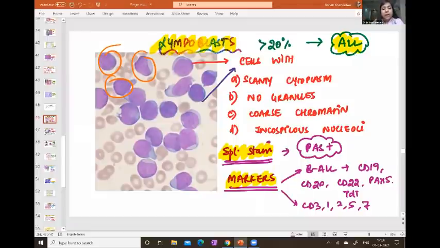In this image, can you appreciate that there are cells? Now, these cells have got scanty cytoplasm. There are no granules which are seen in the cytoplasm. I can't see any granules. The chromatin which I see is very, very coarse, bluish in color. And there are no prominent nucleoli. Even if there are nucleoli, there can be one or two nucleoli, right? Which are okay, which are fine, right? So when you see such an abnormal large cell, I make a diagnosis that this is a lymphoblast, right? I'll tell you how to differentiate it from a myeloblast.